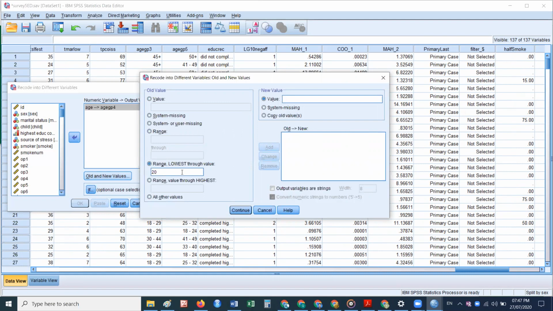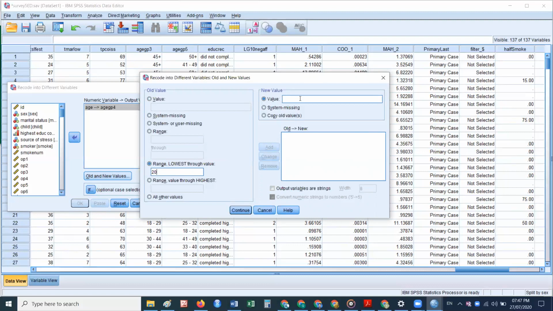Age lowest through 20 years of age. Which is the smallest age in the data file? The range is starting from any number which has been defined in my file, which is minimum. From minimum to the year 20.